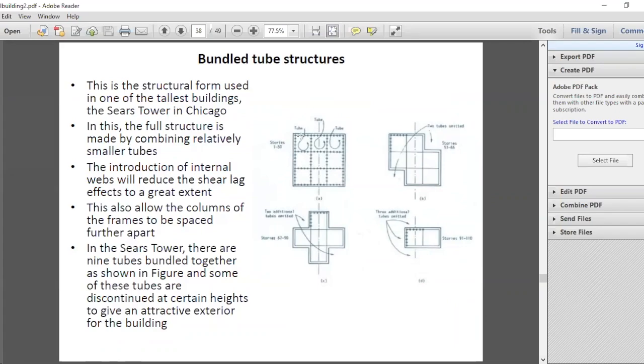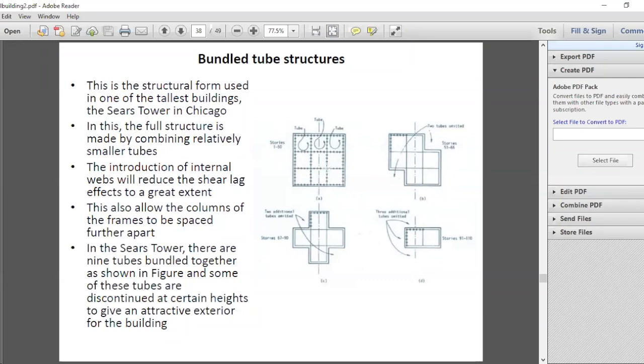And then another variation of that is to use a number of smaller tubes. Because the problem is when the tube is very big, it suffers a lot due to shear lag, or plane sections do not remain plane, effect is very high. So rather than suffering like that, what you do is you will use smaller tubes. So here you can see 9 smaller tubes have been used. And this is the arrangement that was used in this